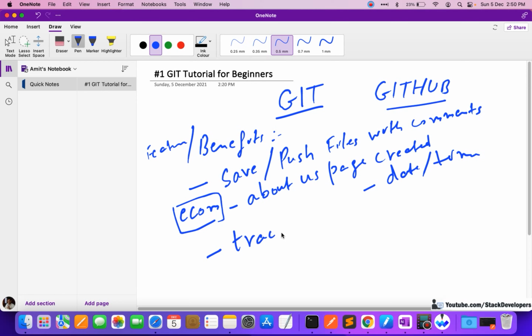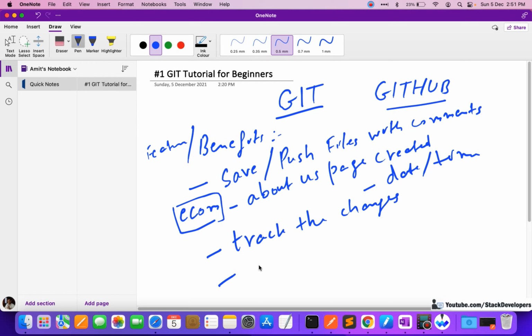So it will be really easy to track the changes. This is another advantage: track the changes in code. We can know about the past changes, and we can check them in our GitHub account from time to time. There is also another advantage: we can roll back changes anytime.